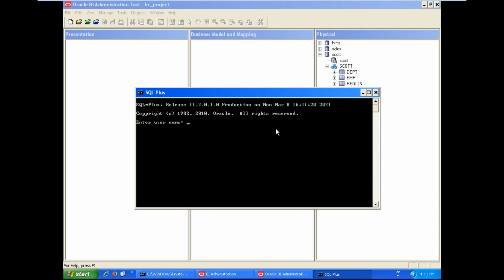If you derive a business model in the BMM layer, that is executed by our technology. If you derive anything in the business model mapping layer, it is our server's responsibility to execute the models derived in the BMM layer. But if you derive anything in the physical layer, that is the database's responsibility, not our server's, because our server is a software engine.